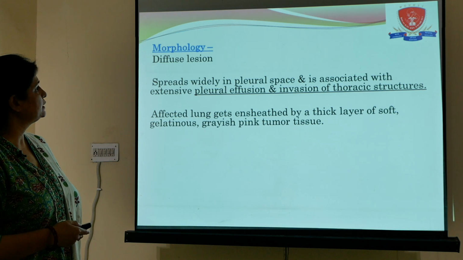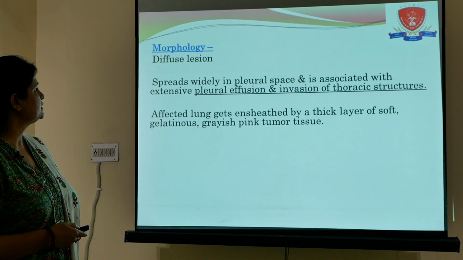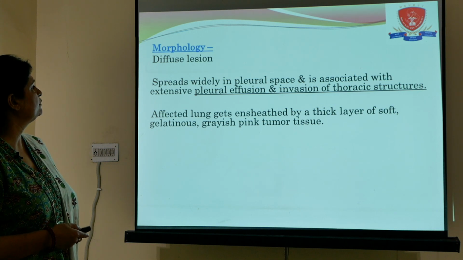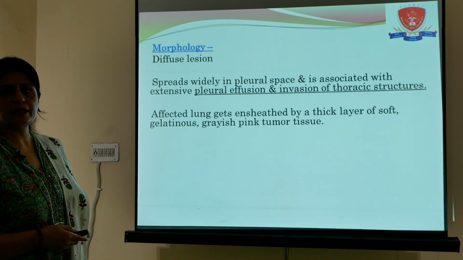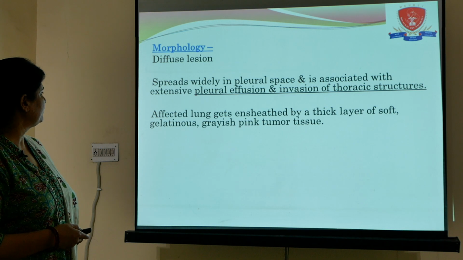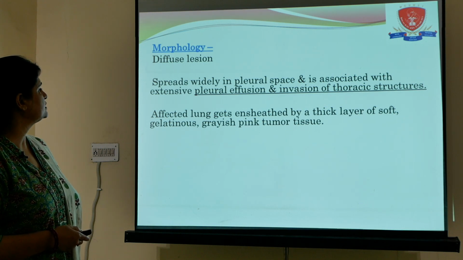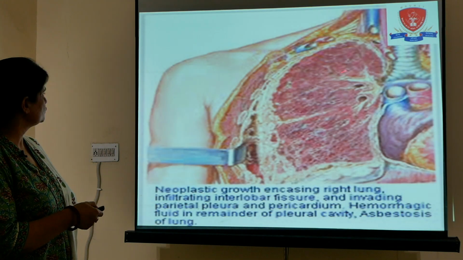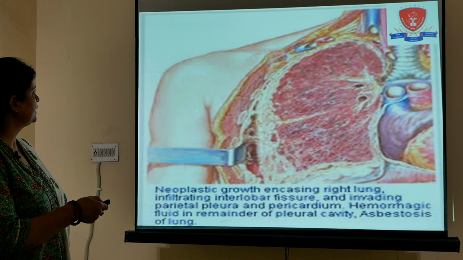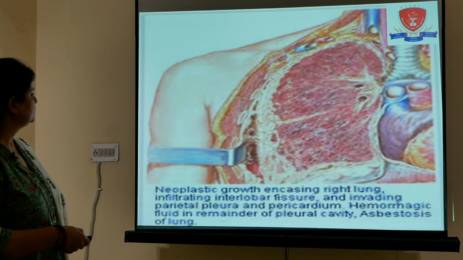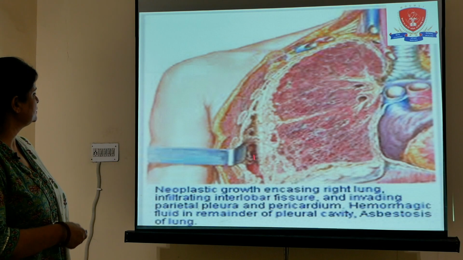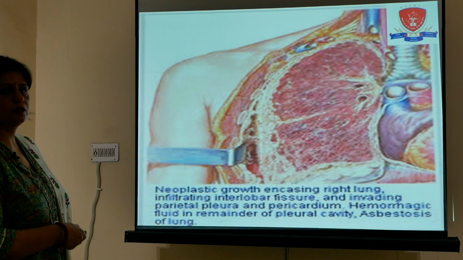On morphology, it is a diffuse lesion. It spreads widely in the pleural space and is associated with extensive pleural effusion and invasion of thoracic structures. The affected lung is ensheathed by a thick layer of soft, gelatinous, greyish pink tumor tissue. Now this is the figure showing the tumor here. This is encasing the lung, this is the retractor, and this is the place where the hemorrhagic fluid or the effusion may